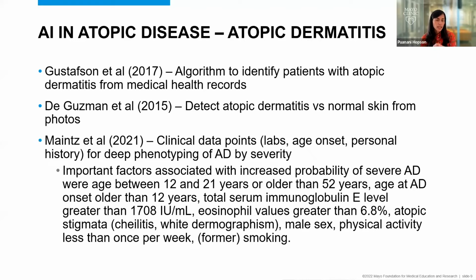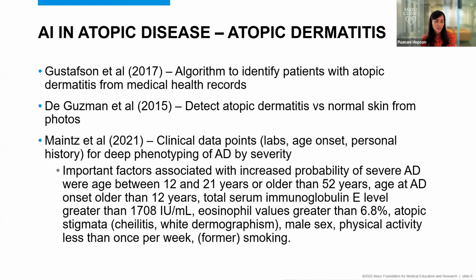And so they took tons of clinical data points in this huge data set, labs, age of onset, personal history, and were able to find patterns in specific features. So factors associated with increased probability of having severe type of atopic dermatitis. It was based on certain age groups, age of onset of your atopic dermatitis, serum IgE levels, specifically those that are quite high, peripheral eosinophil values that are high, any other atopic stigmata that you had present, male predominance,